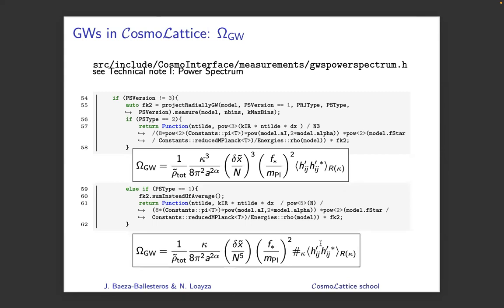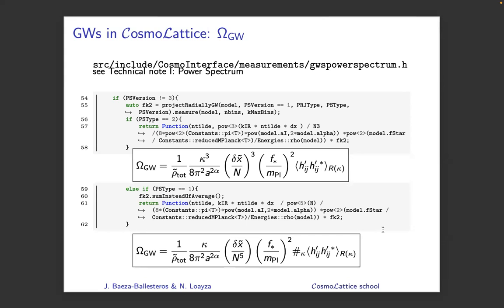By default, it is given the type 1, which is the one that counts literally the number of points per beam, and that's why it's here in the formula. So this is the final formula that we are computing in CosmoLattice to get the gravitational wave power spectrum. You can see, and for example, to the people that were asking, when we divide this by the total energy density, in the case we have a